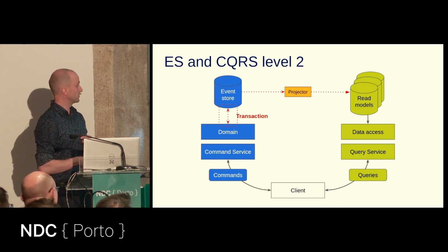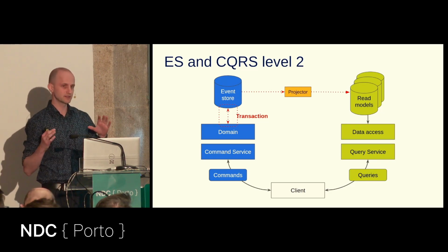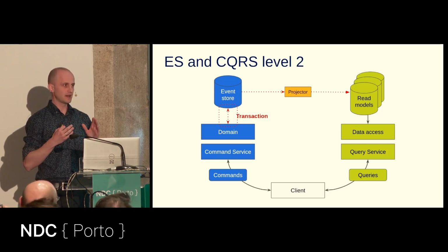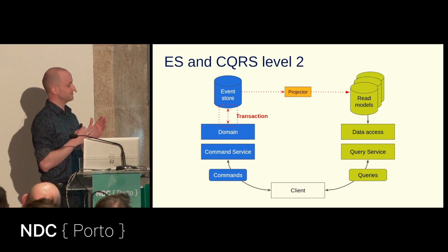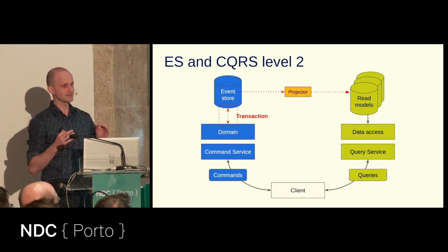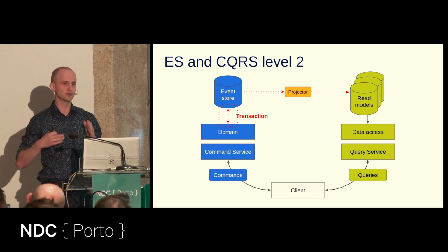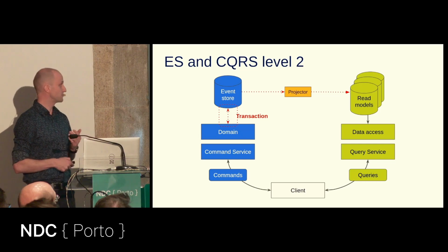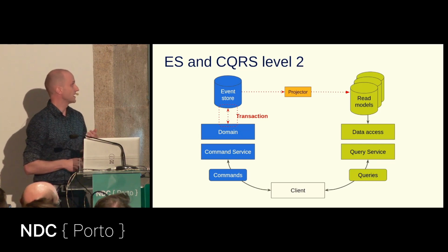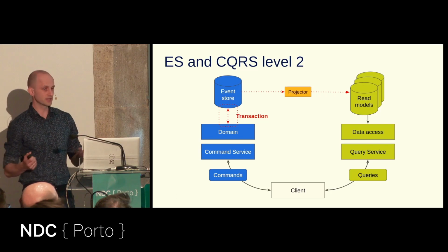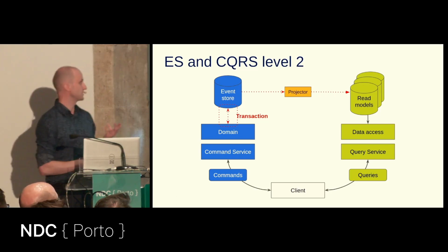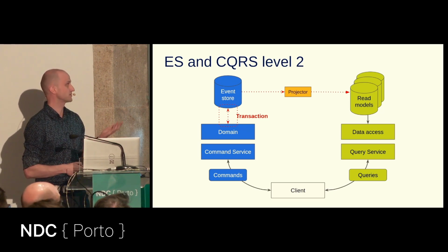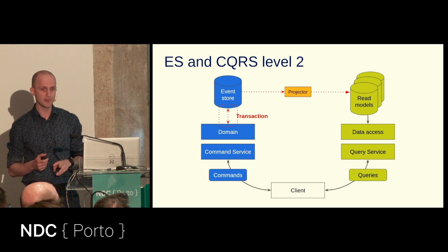This time, the scope of this problematic transaction is much smaller. We are saving only events in a transaction to the database, and append only writes is something that any database would love to handle. It's like the fastest possible write operation for most of the databases. So really, really fast. We definitely improve the command service side. There is a new piece on the diagram, a projector, so something needs to read new events and update various read models. And we can scale this part as well, because we can launch hundreds of projectors, let's say, but